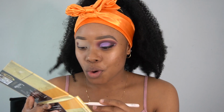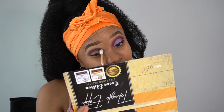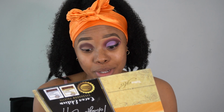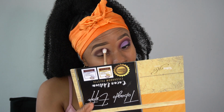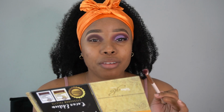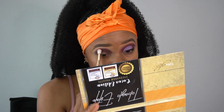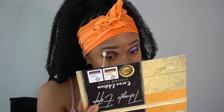I completely forget this thing comes with a mirror all the time. As I was saying about the collaboration between Angel Cumberbatch and Tobaglo, is there anybody who will be copying that collection? Listen to me, I want everything. The lip liner, the lip gloss, the lip velvet, the eyeshadow palette, everything, I want everything. And we love consistency. This is how you grow. This is how you get better. This is how